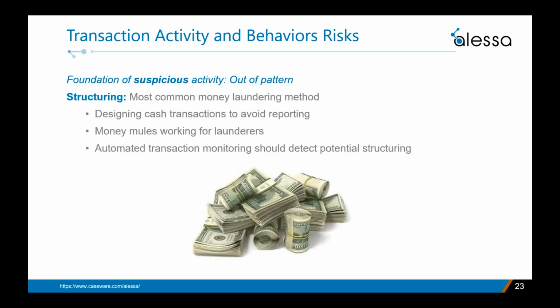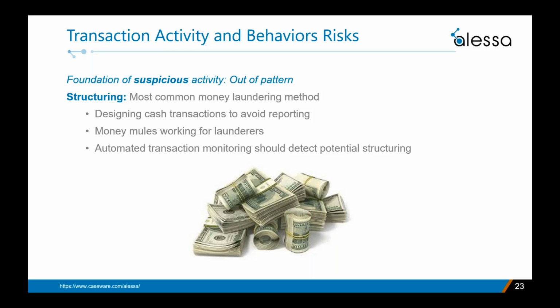The first one I want to talk about is an oldie but a goodie, and that's structuring. Structuring is probably the most commonly known money laundering method. Simply put, it's where someone designs or plans cash transactions to avoid triggering a reporting requirement. Structuring can be done by some ordinary Joe who thinks he needs to keep it a secret from the IRS that he sold his fishing boat to his brother-in-law for $12,000 in cash. So he goes to one branch of his bank and deposits, say, 7,000 of it, and then goes to another branch across town for the other 5,000.